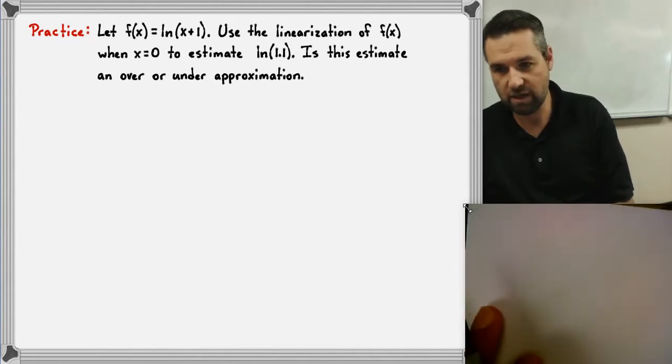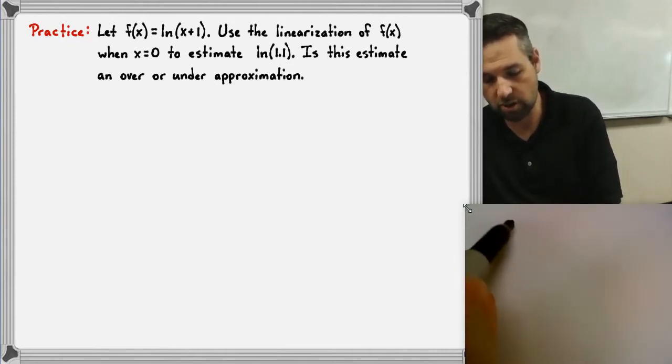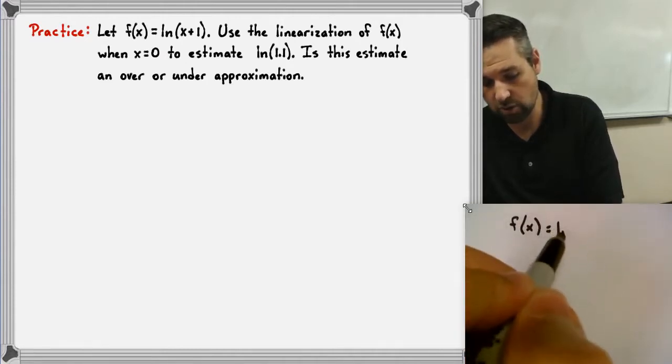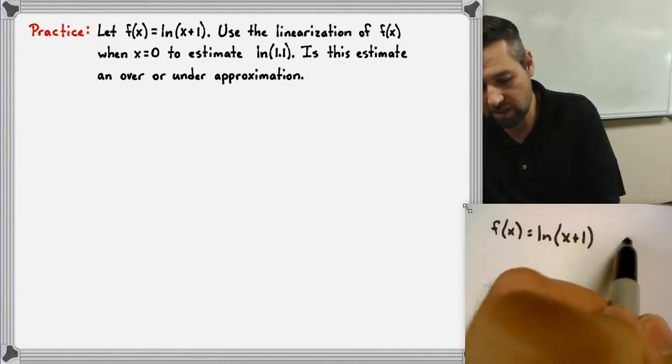So let's go ahead and find the linearization of that first. And the way we do that is we find the point and the slope. So I'm going to go ahead and find the point first. So f of x is equal to the natural log of x plus 1. So I want to find the point. So the point is going to be